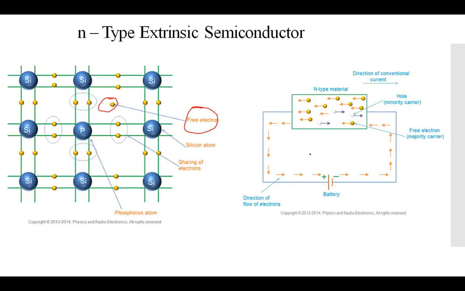So right now we can say that again, the positive terminal you are supposed to assume over here, negative terminal over here, as per the battery connection. So all the electrons are going to be attracted toward the positive terminal, and the holes, which are now the minority carrier, are going towards the negative terminal. So free electrons are going to be traveling, and along with that you can see the direction of the flow given here for the electron, right? So this is what we have right now, the n type of the semiconductor material.